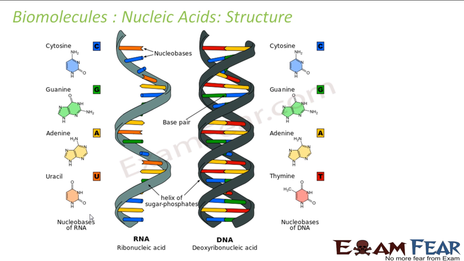The nucleic acids also have structures: primary structure, secondary structure. This is my DNA, this is my RNA. They have structures, and this is a complex structure to understand. So what chemists have done is this, they also subdivided this nucleic structure into